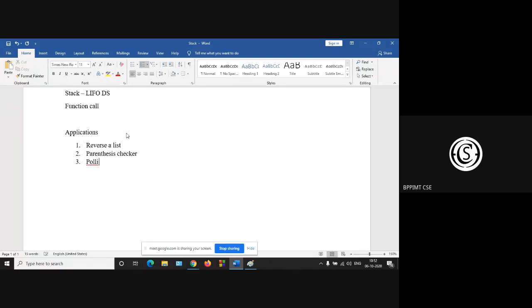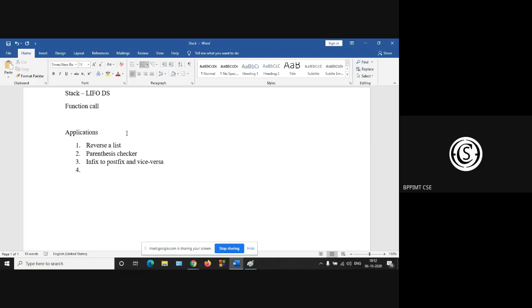Infix to postfix notation. These are called the Polish notation. Infix to postfix and postfix to infix.